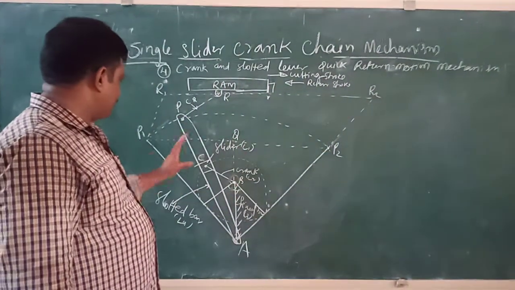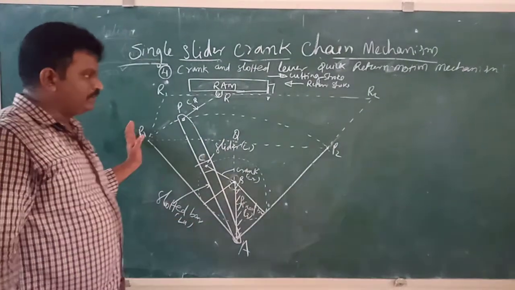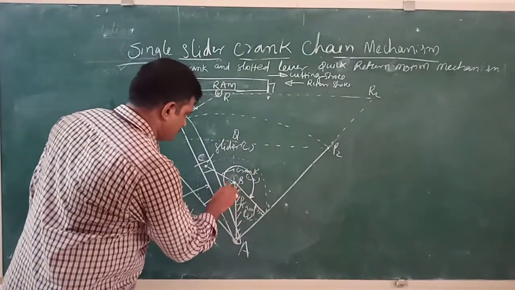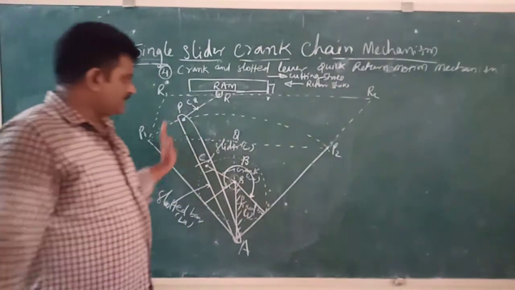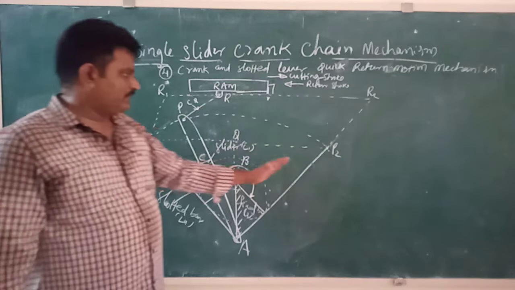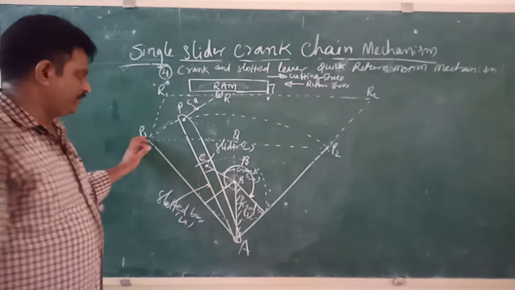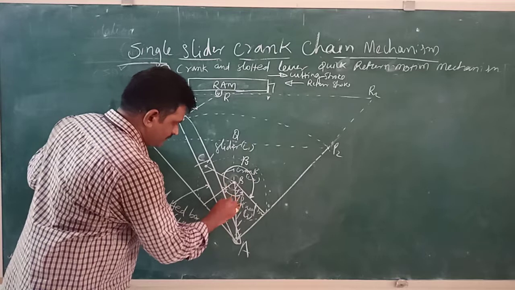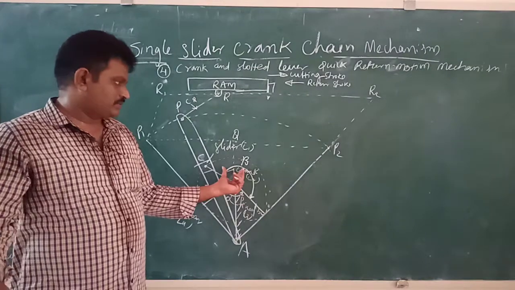Here, compared to the slotted bar, the slotted bar starts from AP1 to AP2 with some inclination, alpha or beta. Beta inclination is the cutting stroke. At the same time, the slotted bar comes from the end portion AP2 back to the AP1 position. That is the return stroke, a very fast stroke. The inclination is alpha, a very small value compared to the cutting stroke.